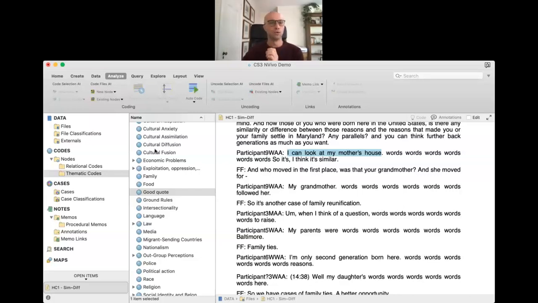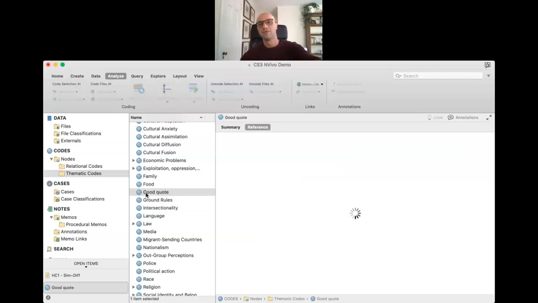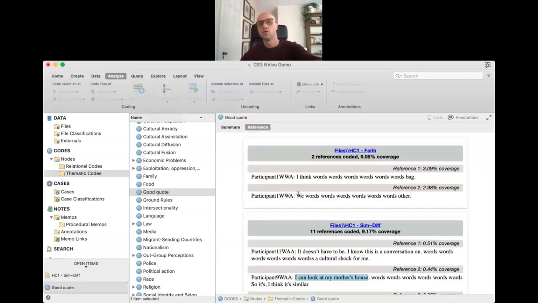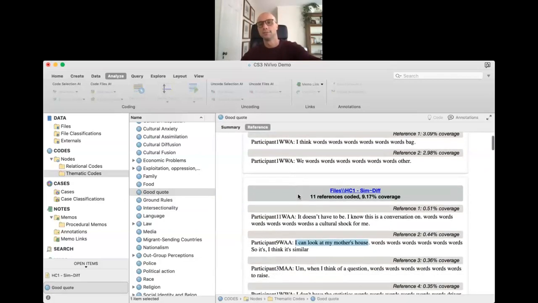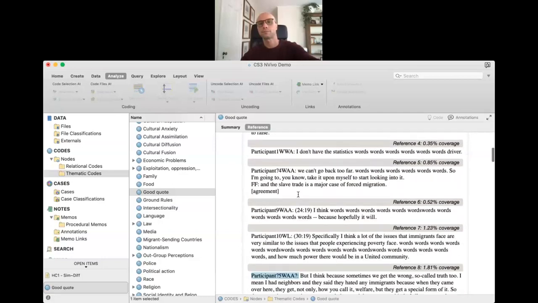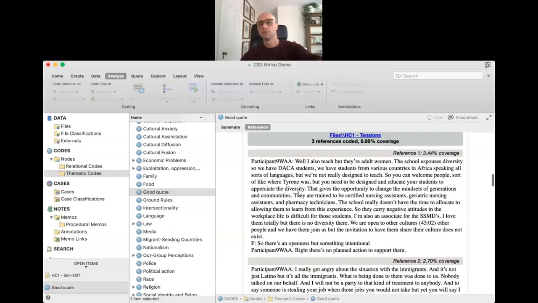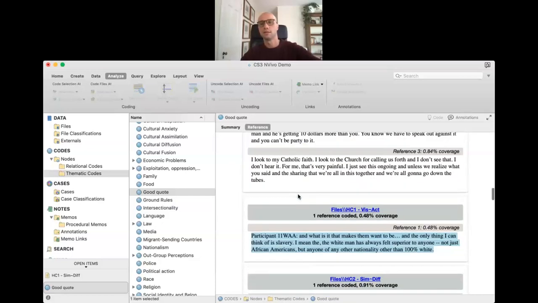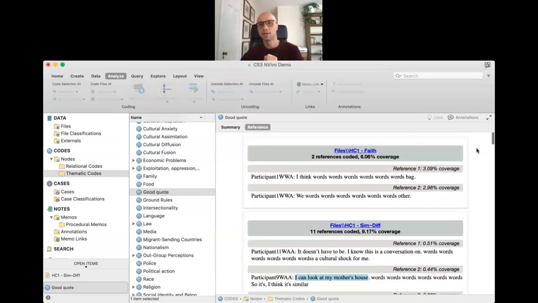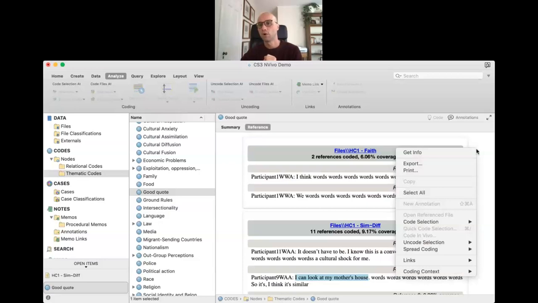So if you double click on a case or a code, as I showed to Nick before, it will show you everything that is coded under a certain code. So here I can see good quote, right? So if I double click here, NVivo will show me from every file everything that was coded as a good quote, right? So I can print this out, right? I can even, say, do a right click here. I can print it. I can export it as a Word file. And